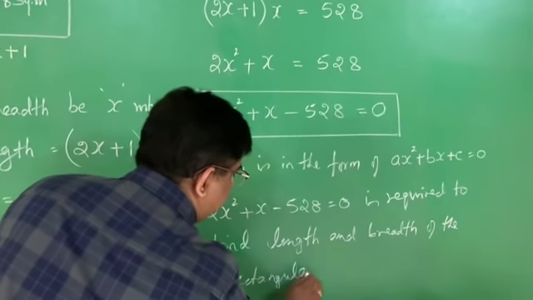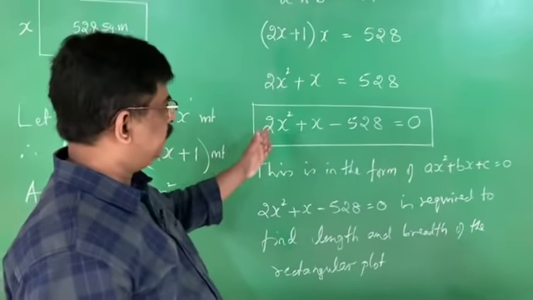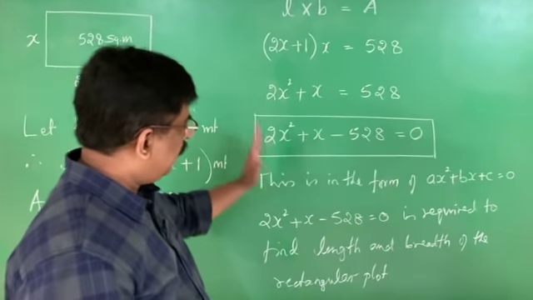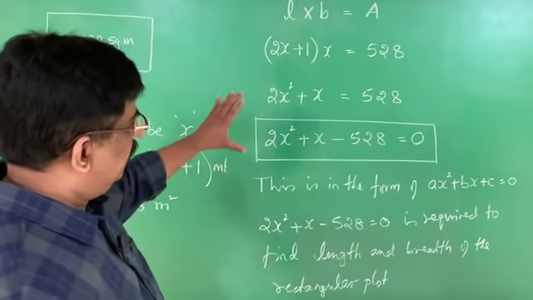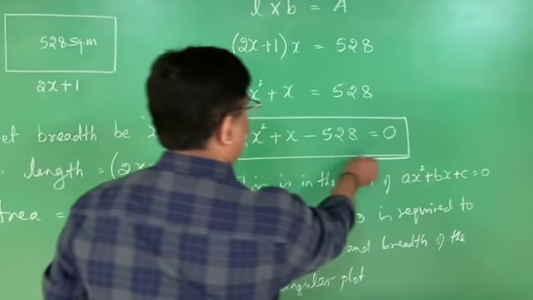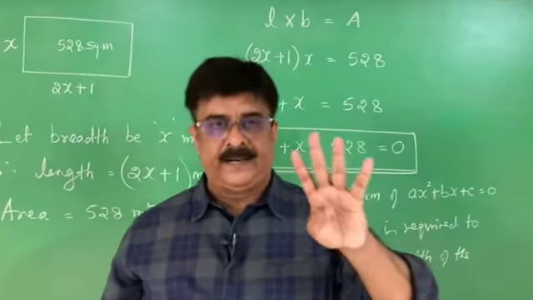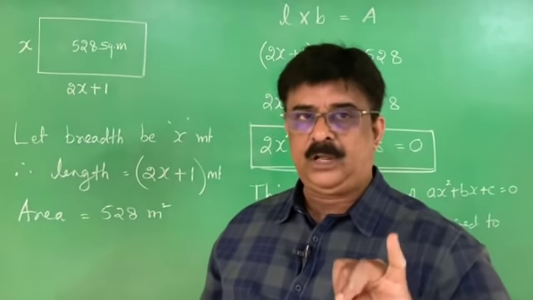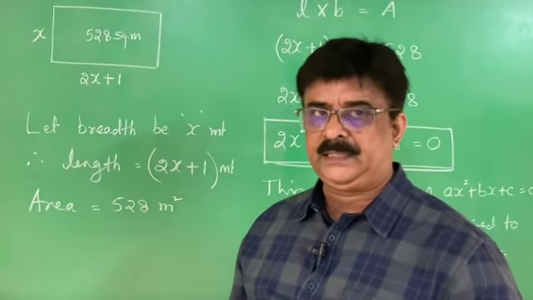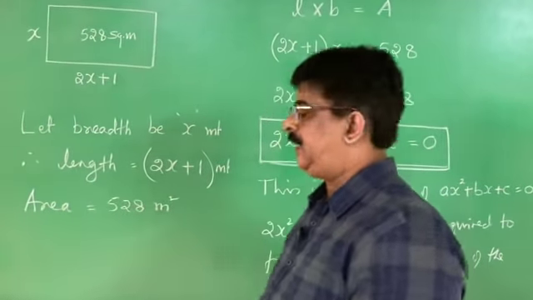How to find? There are many methods to find the length and breadth of the rectangular plot by solving the quadratic equation. That is in the second part of the problem. Now we have to represent the statement in the form of an equation. This is the answer for this particular question. There is no need to find the value of x. We can find the value of x by 4 different methods. One is factor method, completing the square method, formula method, and a graphical method. In 10th standard, in our textbook, they are given only factor method, completing the square method, and the formula method. We are going to solve in the second part of this particular chapter.